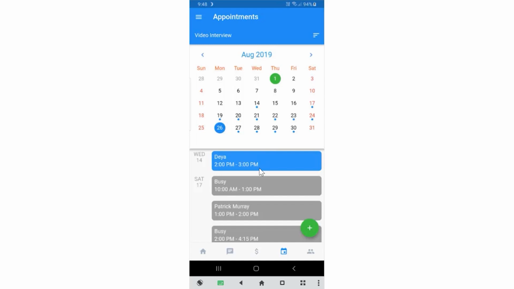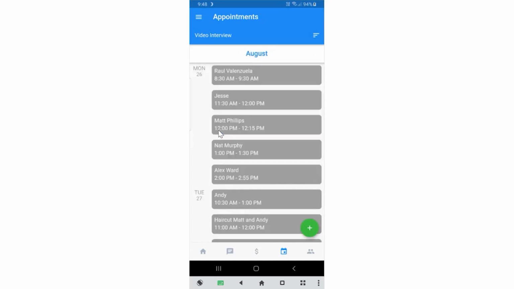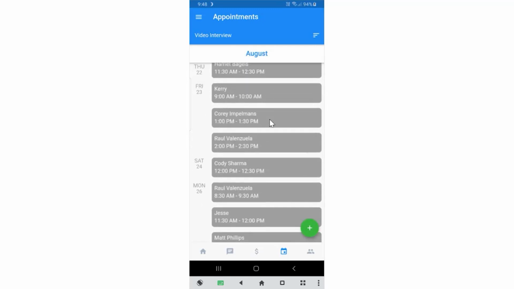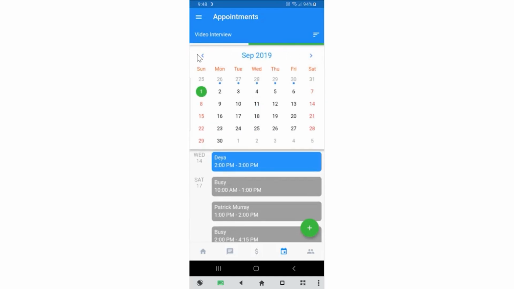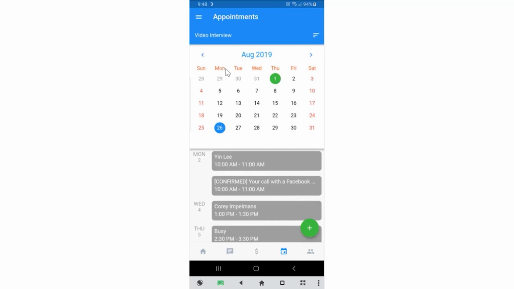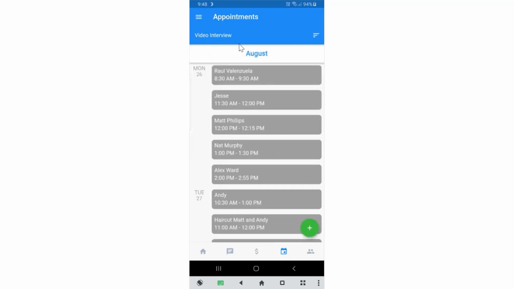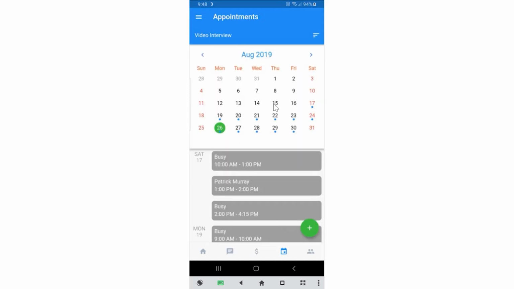Sorry, before I show you that, I can actually click on a particular day and jump straight to that day. So I can click on 26, it will show me the 26th there, for example, right? All right, and then I can just hit the month to go back to the top up here, and then I can change the month as I need to, whatever I want to see. But look, honestly, you're probably going to be coming in here, you're going to click to see, okay, what are my appointments today? But the other function that you'll use is the plus button here that shows you how to